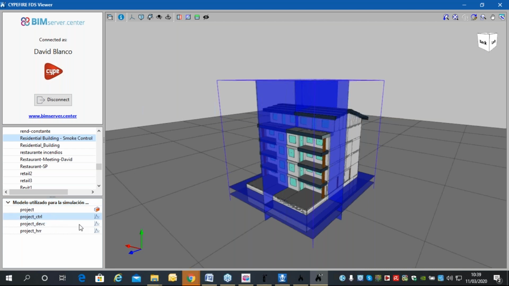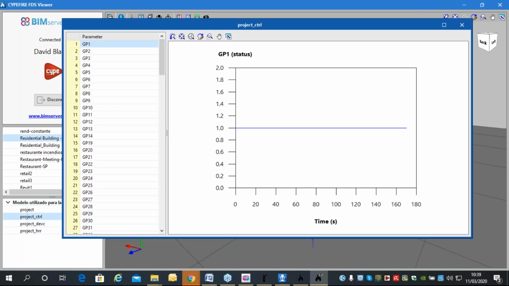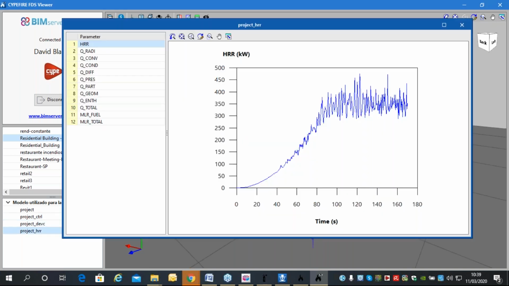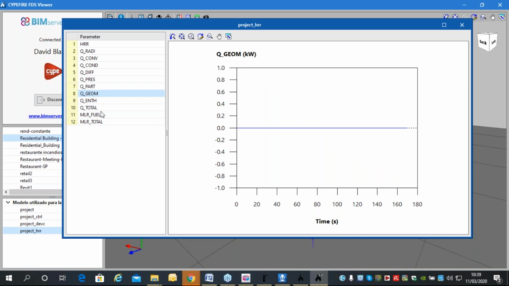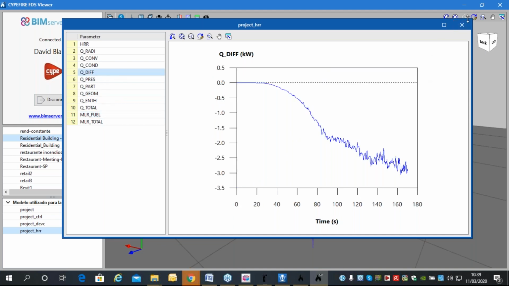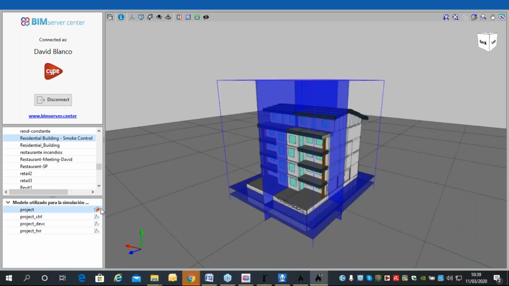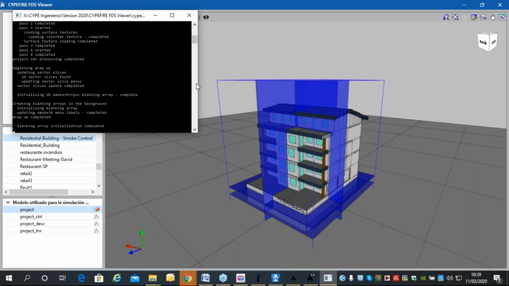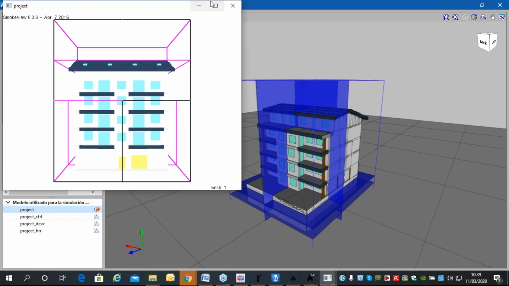Here you also have some graphs you can consult according to the activation of the different devices and elements for smoke control systems. Okay, the different graphs, and also the simulation. If I double click, I will launch this. We use the FDS engine of the American institution, NIST, and